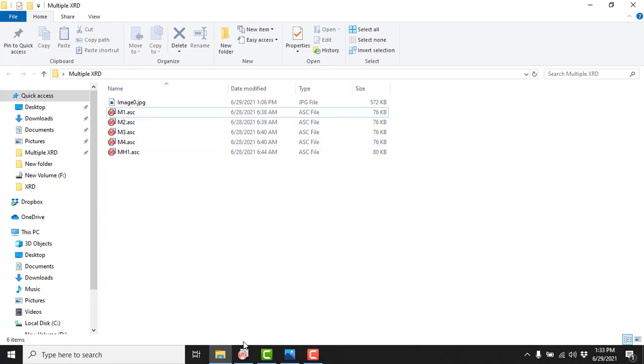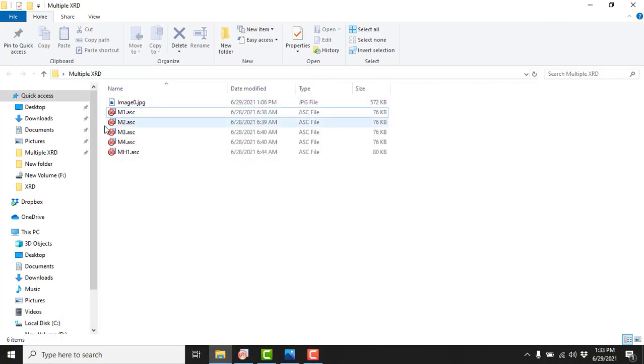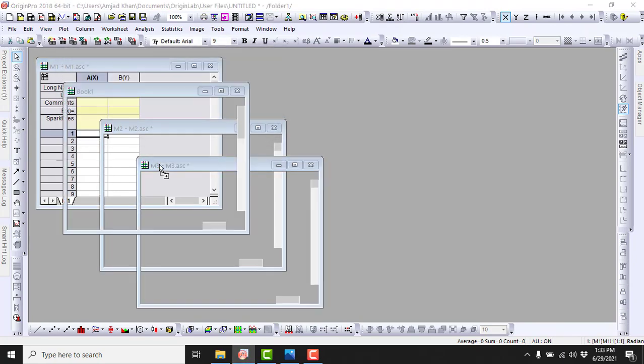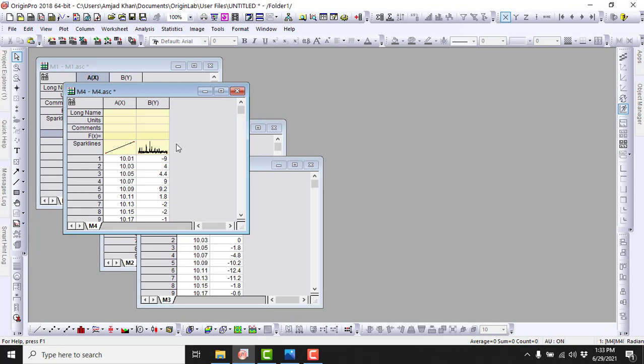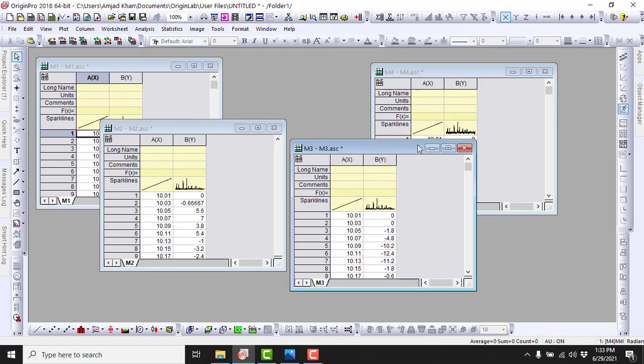I have already opened the OriginLab software. Now I will select my data files and then drag and drop them inside the OriginLab software. The data files are open in multiple windows.